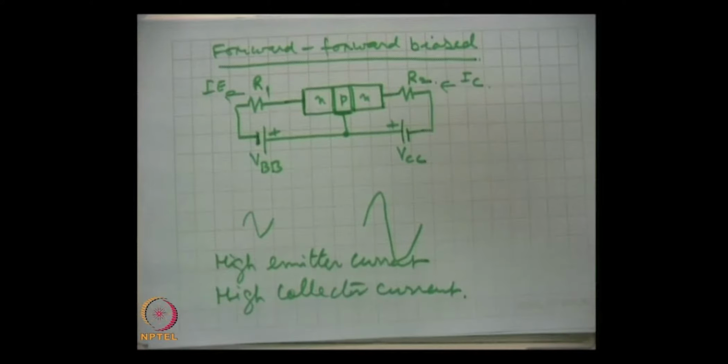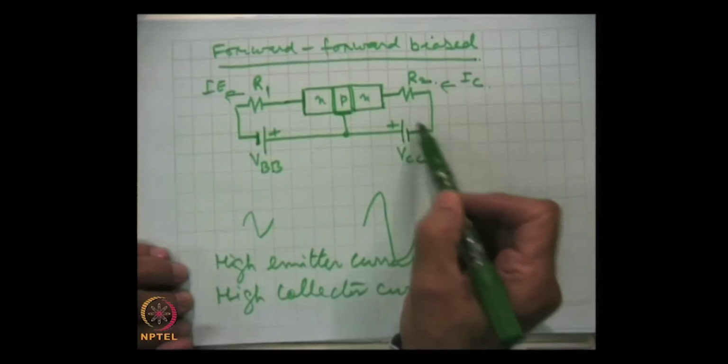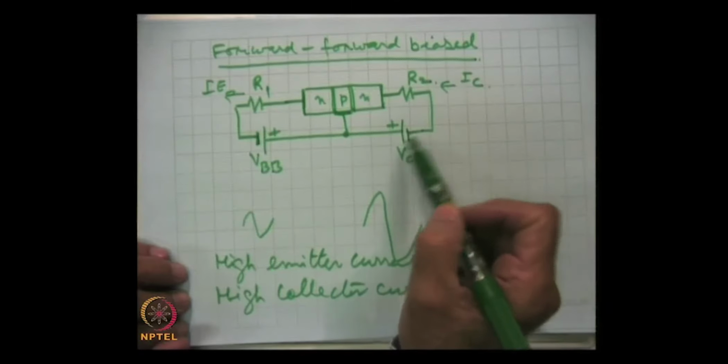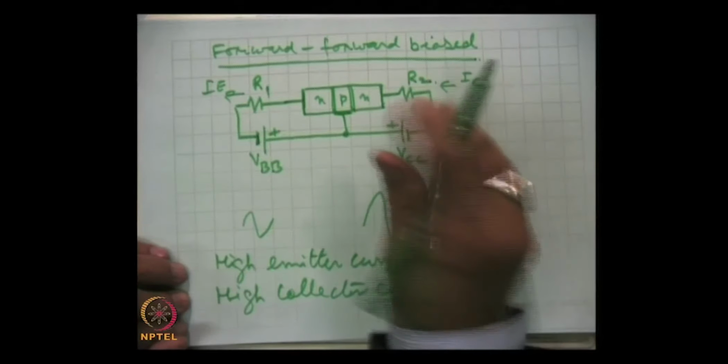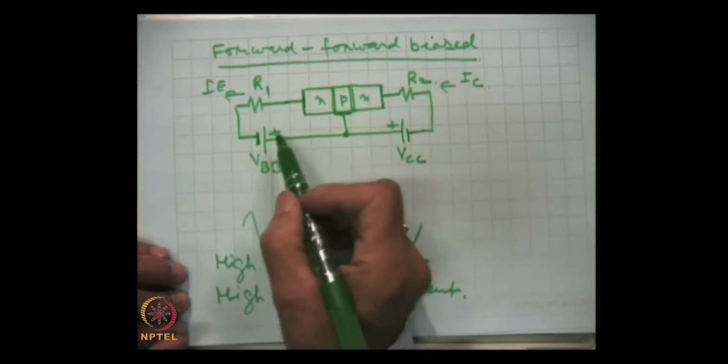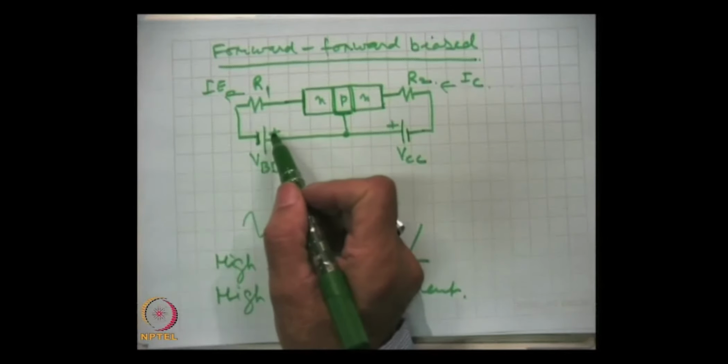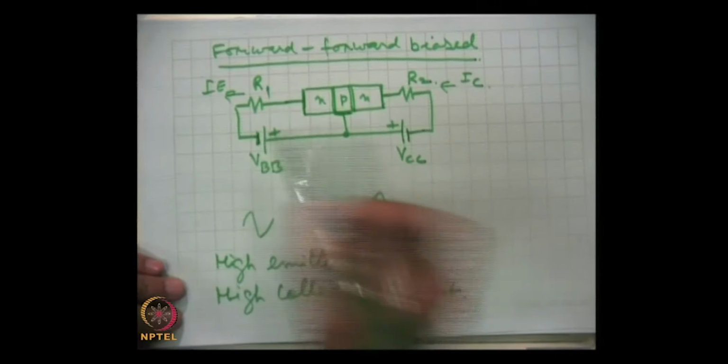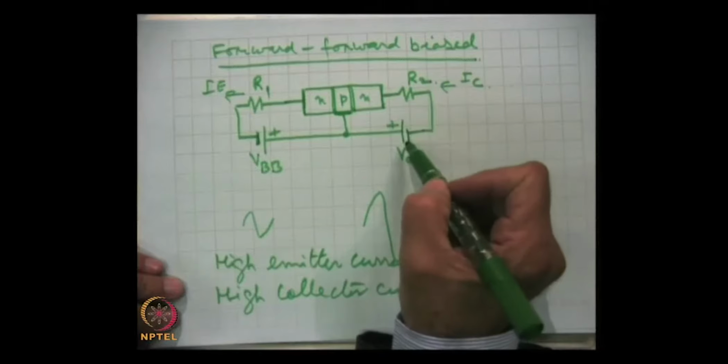The two currents will be very high, but one thing which is very significant, and that is important when we talk of amplification: if we make this current 0, for example, this is unbiased at the moment, then this current still remains almost the same. So, I E will not depend on I C.